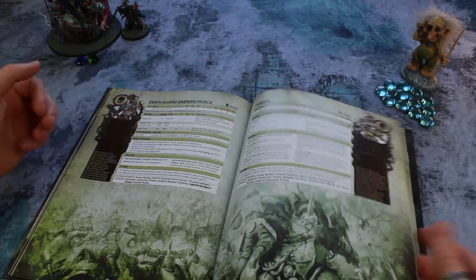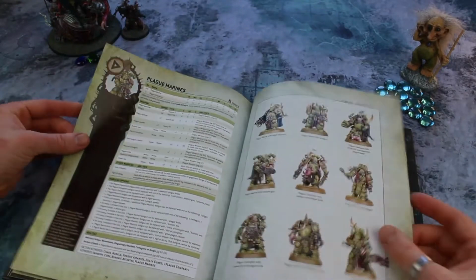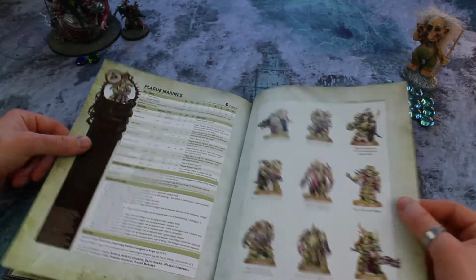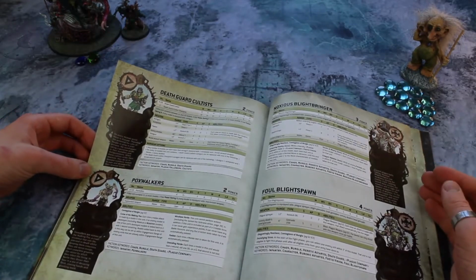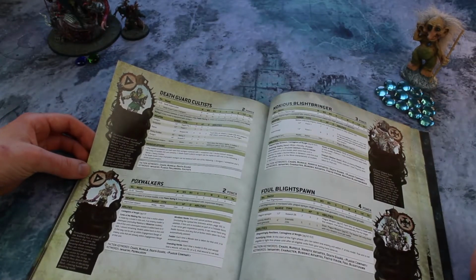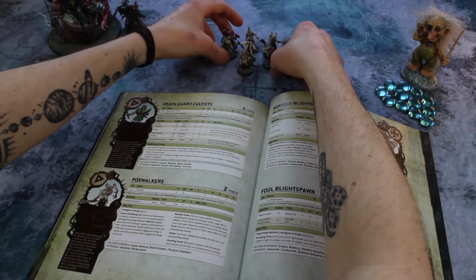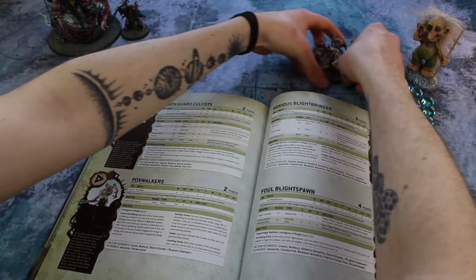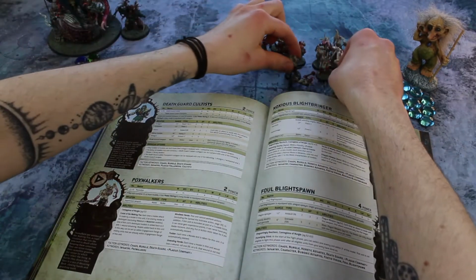So we'll move on to troops now, and for a battalion we need to fill 3 slots of troops minimum. And I did look at Plague Marines, definitely love these guys, but I have in fact gone for all 3 slots filled with Pox Walkers. So I'll bring these on. There's absolutely loads of them. Squad of 17 Pox Walkers here,